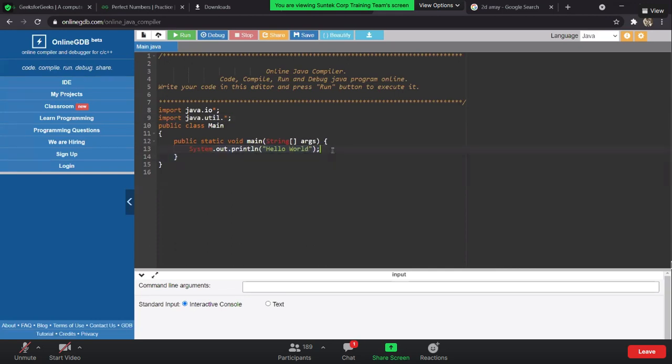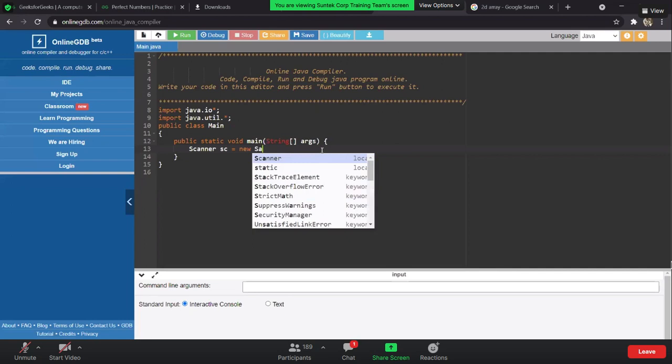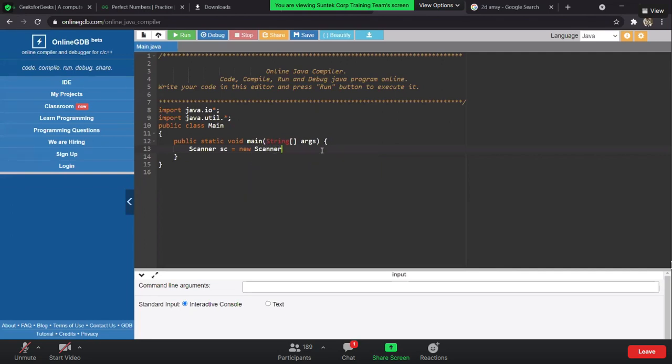Okay, if I just remove this line, System.out.println is used just to print out a line. Scanner sc is equal to new Scanner(System.in).